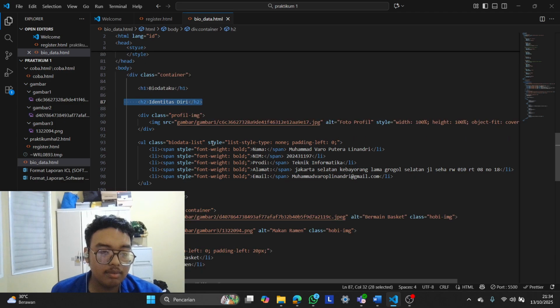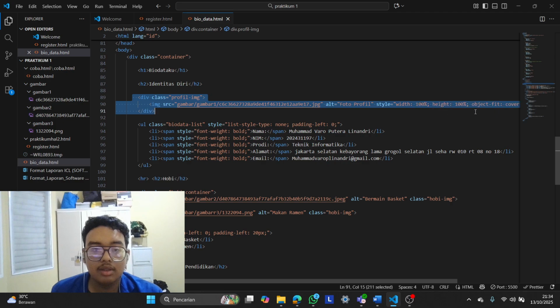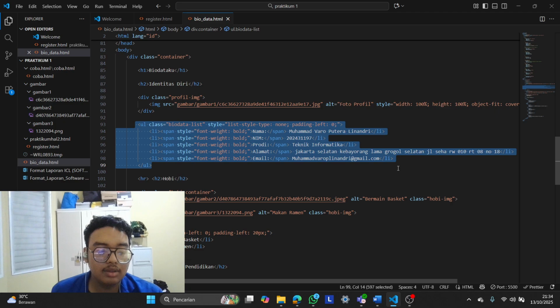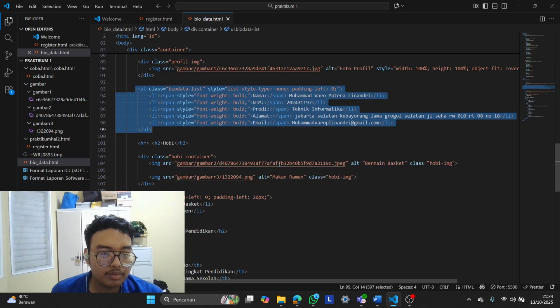And this is for the image, and this is for the view data details in a list, using the style to remove the bullet points.